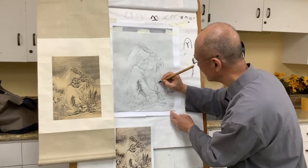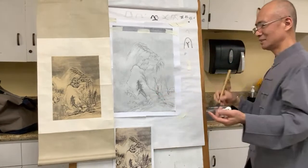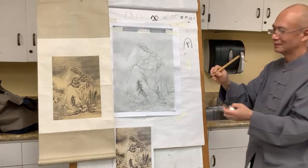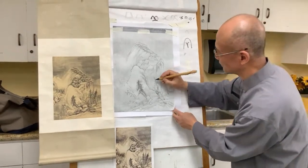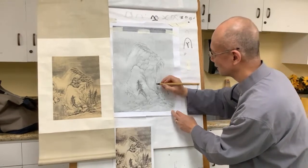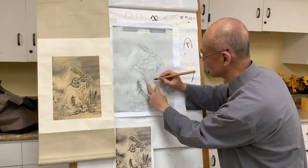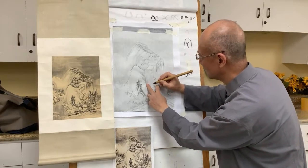Okay, sometimes before it dries, if it's only like water, you can use a very dry dark brush just to add a little substance to it. You know, if you control this. Okay, here is another